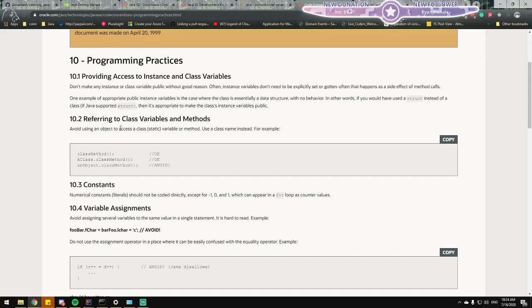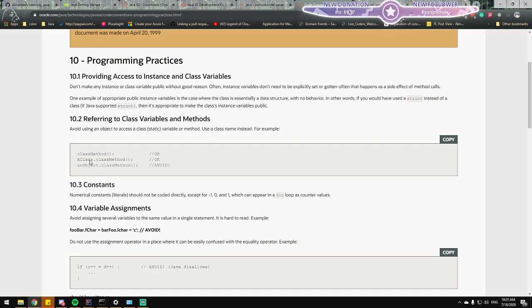Avoid using an object to access a class static variable or method. Use a class name instead. What? Avoid using an object to access a class variable. I don't get it. Avoid using an object to access a class static variable or method. Use a class name instead.